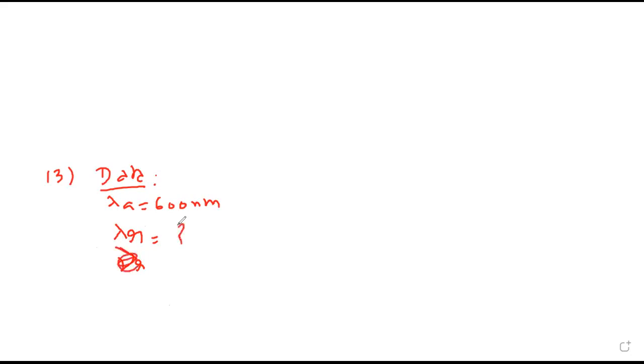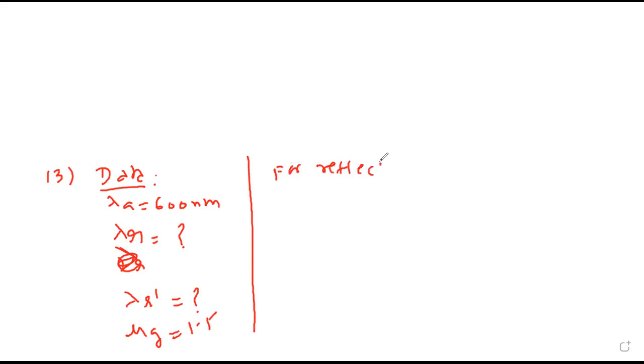Lambda, I'm writing R for reflection, R dash for refraction. Find the speed, wavelength, and frequency, all we want. Refractive index of glass is given 1.5. For reflected light,